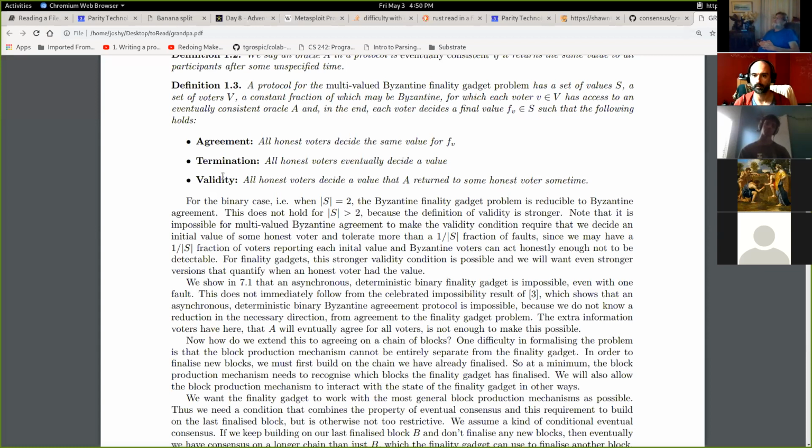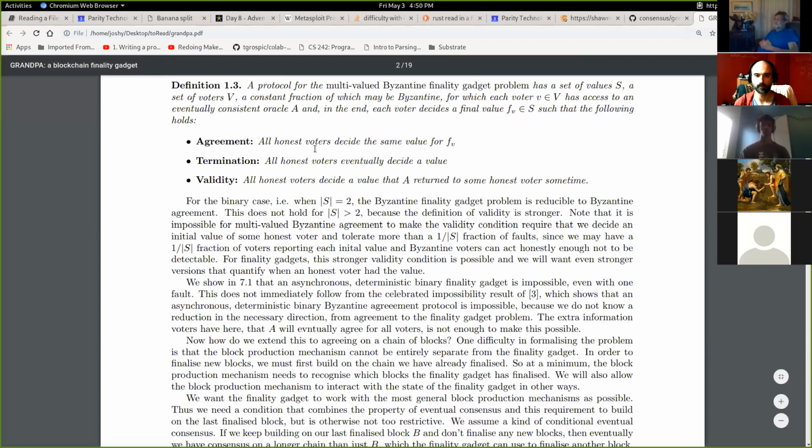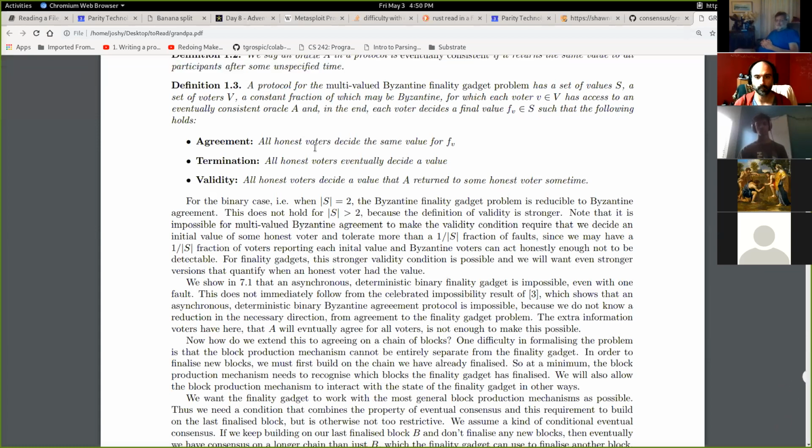Yeah. Now that we've dug into this a little bit, I'm wondering, if I'm a voter in this GRANDPA protocol, what do I base my votes on? Like in Casper, my votes are based solely on everybody else's votes. But here I have this additional source of information. Imagine we get in some situation where the Oracle tells me, hey, I've got this really nice long chain with lots of work behind it. Here's the head block. But meanwhile, all the other voters are voting on some other thing. So I wonder what the rules are about where I'm supposed to vote.